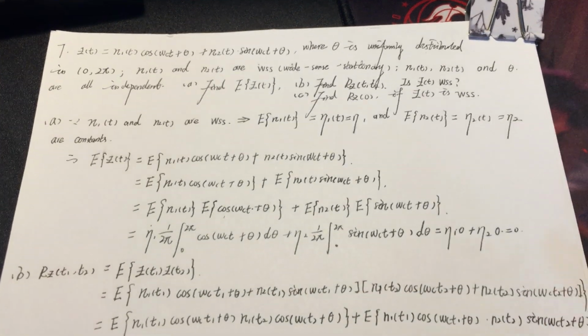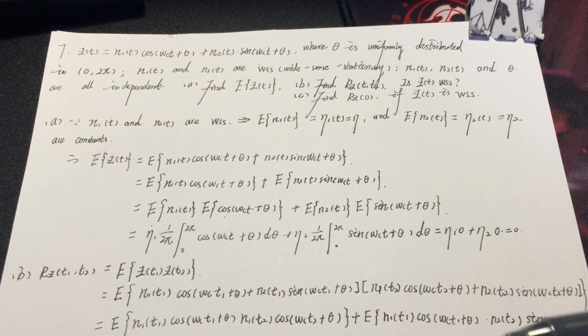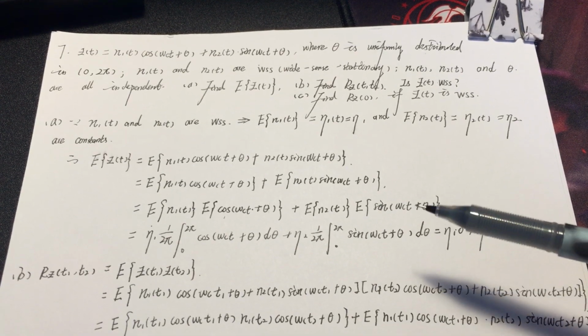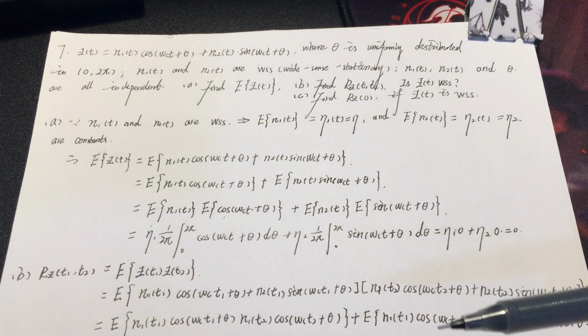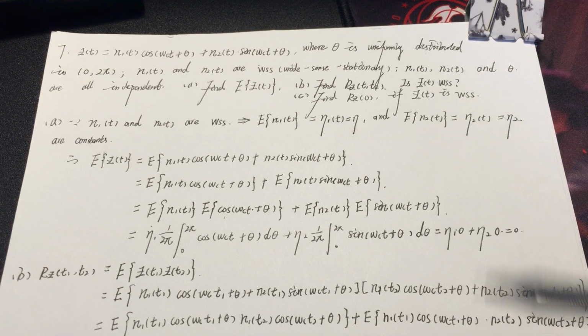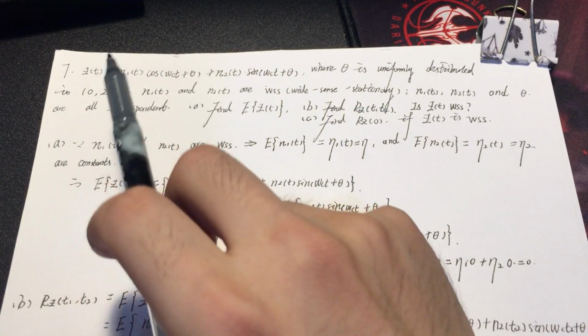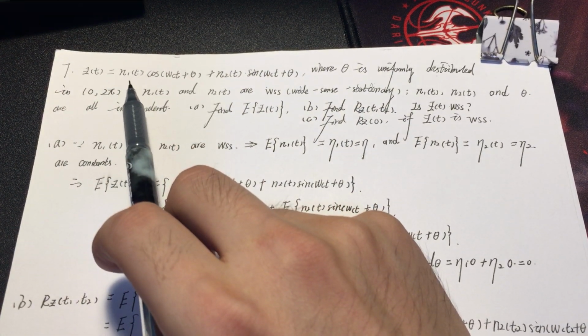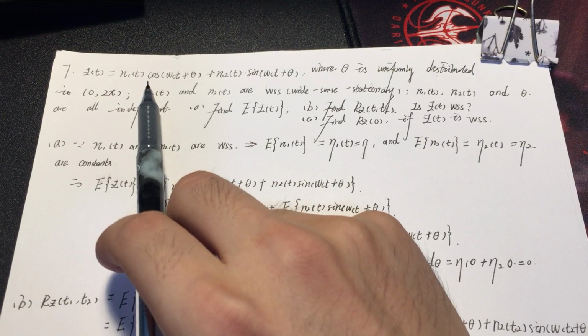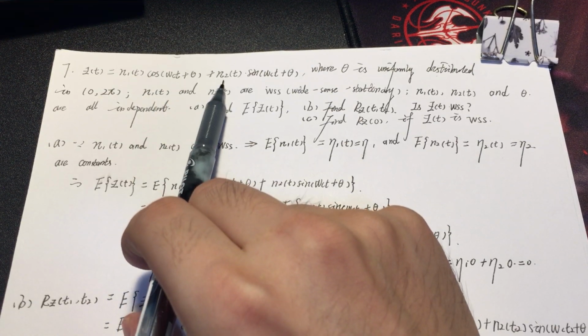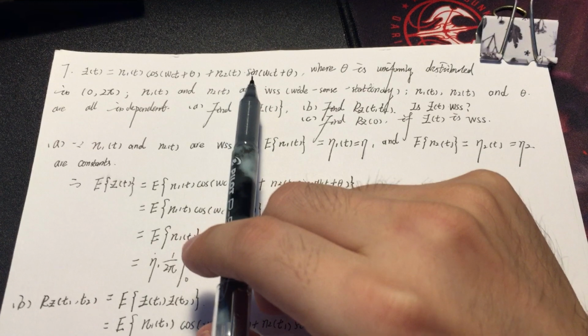Hello everyone, today I'm going to talk about homework 7 and question 7. So this question gives us that Z(t) equals N1(t) multiplied by the cosine function plus N2(t) multiplied by the sine function,